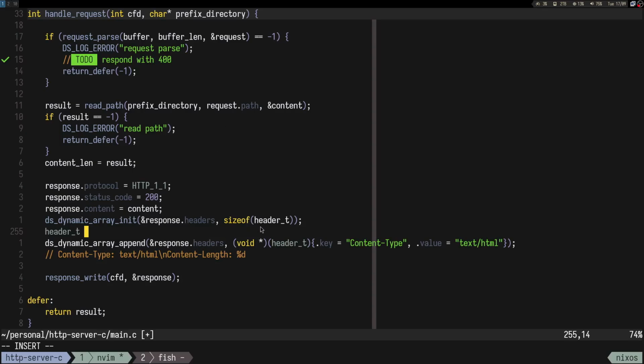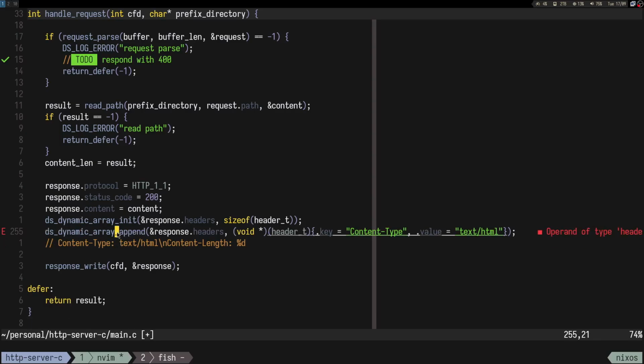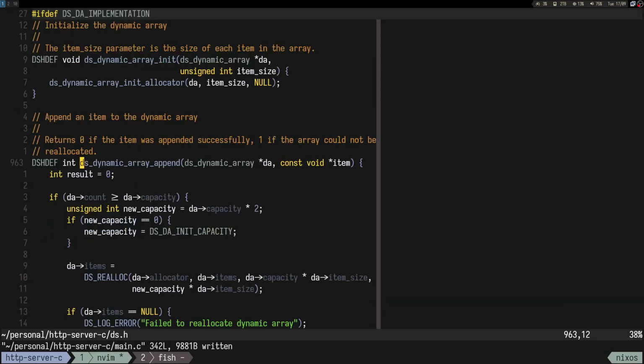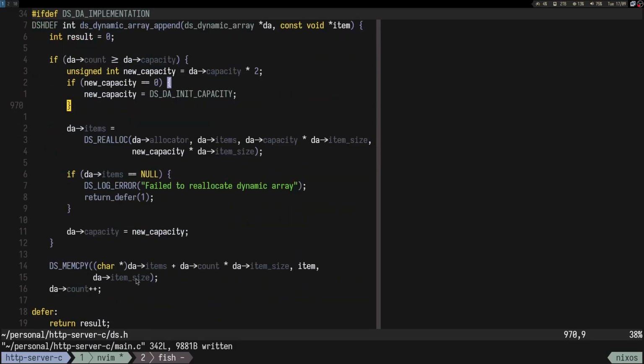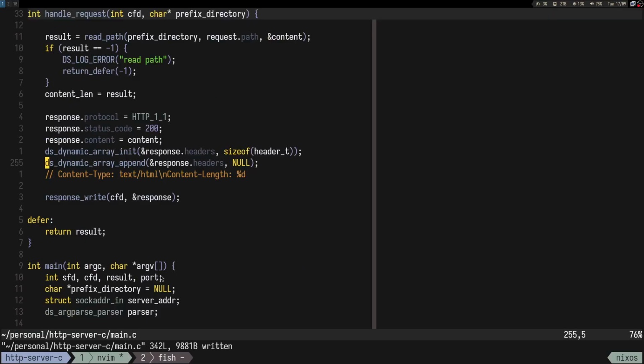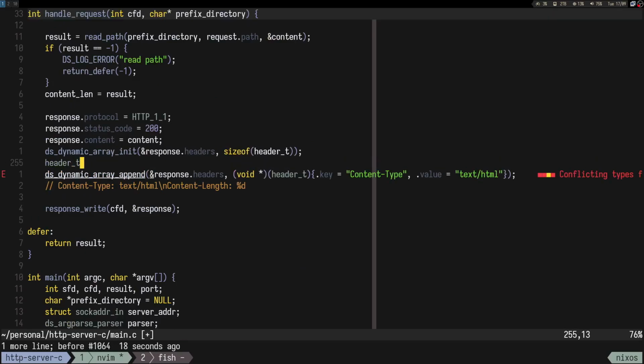Yeah, because here if I put like header t, it expects that as an element. But I need the address to it to be able to write it, because if we check, okay, I can just put null just to be able to go definition. It does mem copy, so I need the address of it. So yeah,